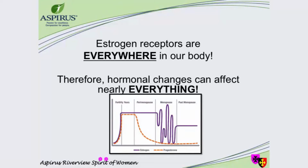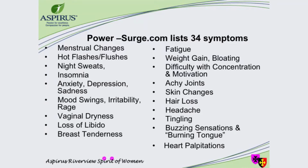So many people say, what can I expect? Well, let's talk about that. There's estrogen receptors everywhere in your body. So as you can imagine, your hormones are changing, so they can affect pretty much everything, for lack of better words. So here is a list of some of the changes that you might remember going through or your experience currently. Menstrual changes, hot flashes or flushes, night sweats, insomnia, anxiety, depression and sadness, mood swings, irritability, rage, vaginal dryness,